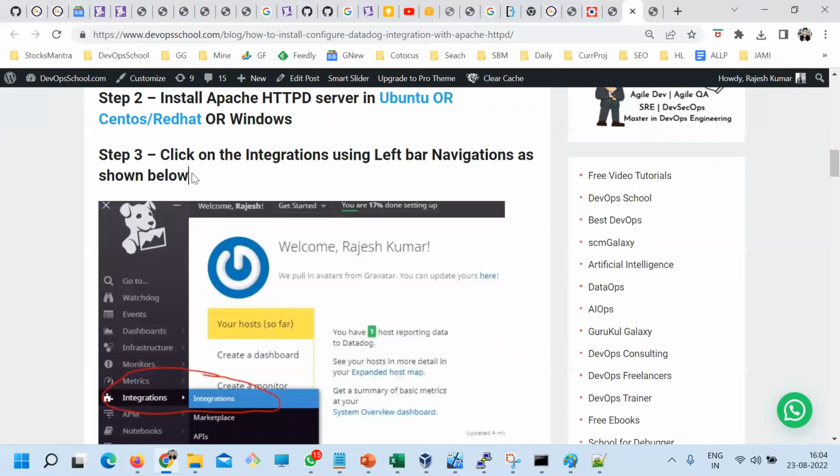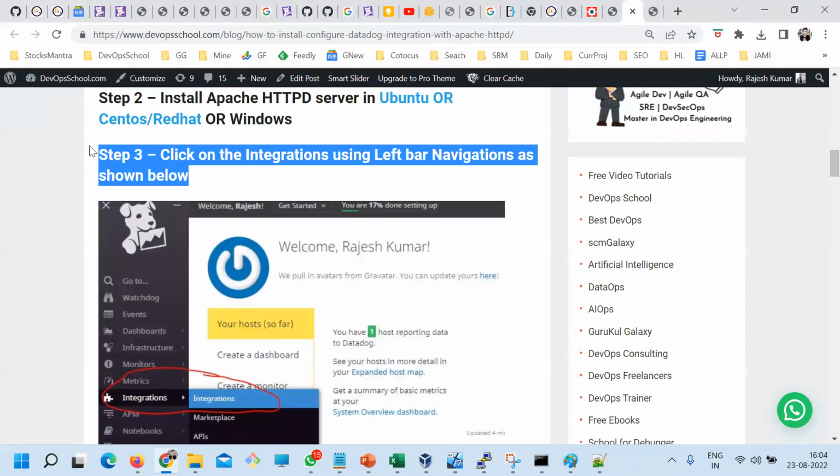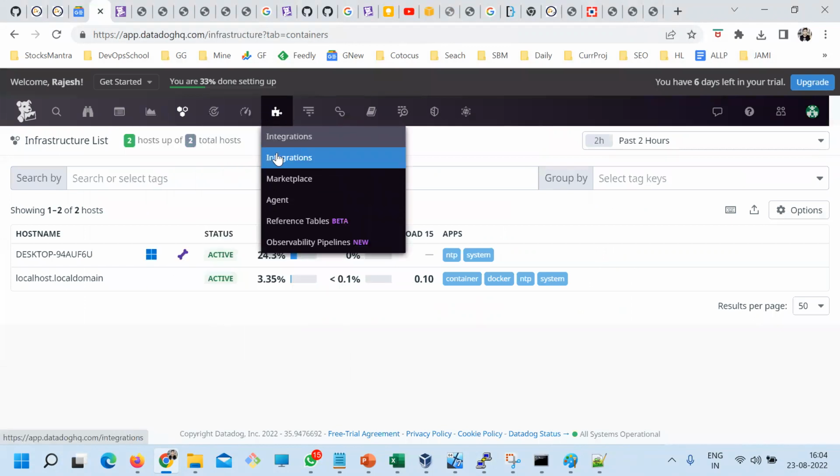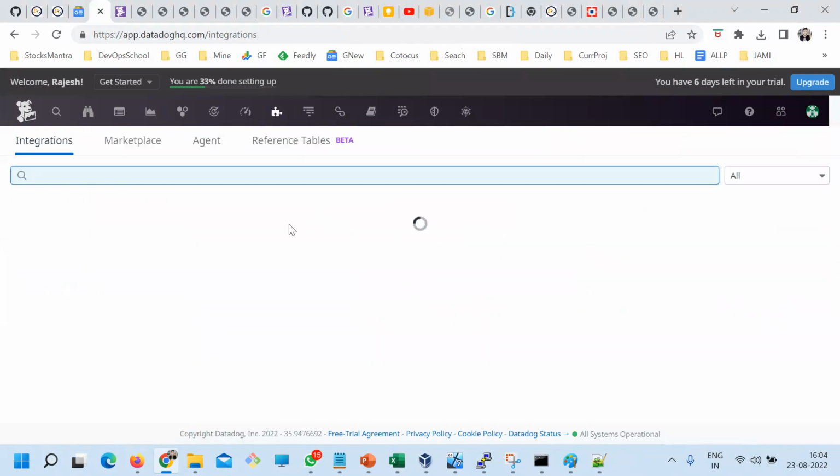You know what? This step will be so repetitive for every integration. So you have to do that. So you don't have to fear it. Go to Datadog, go to the integrations, click on it, and